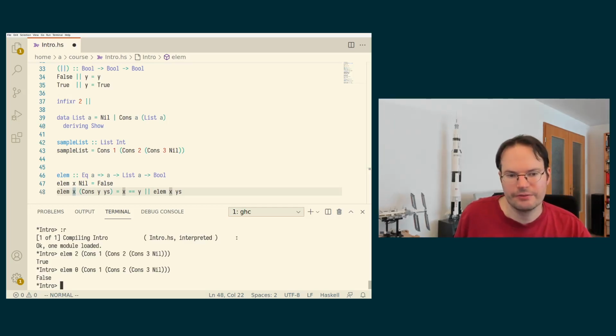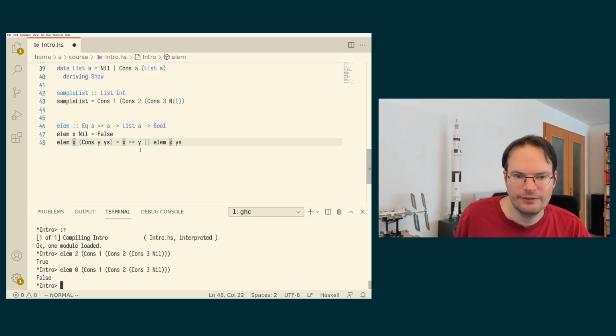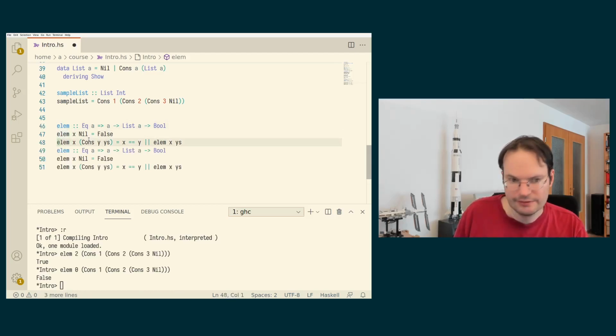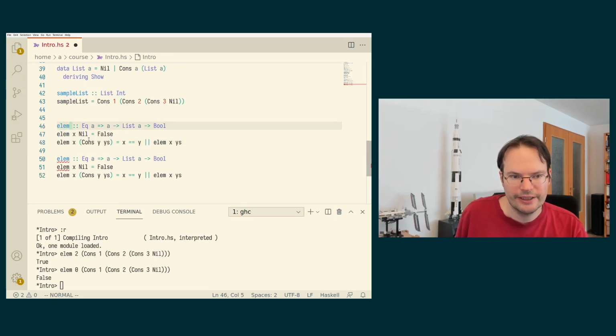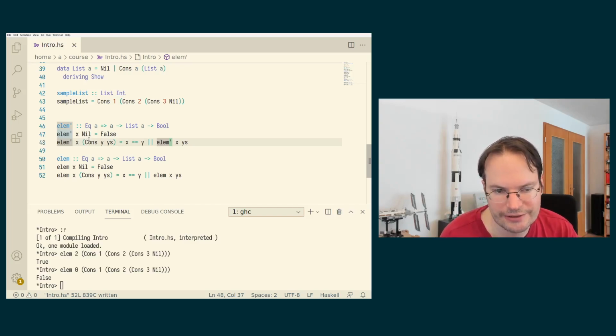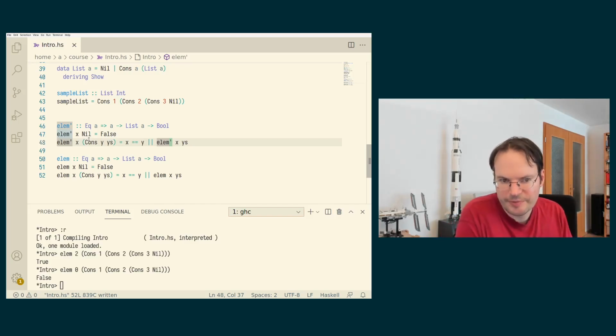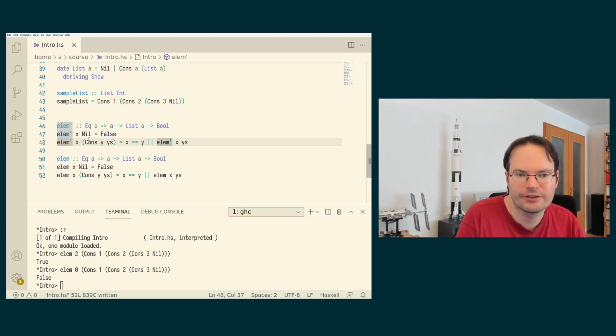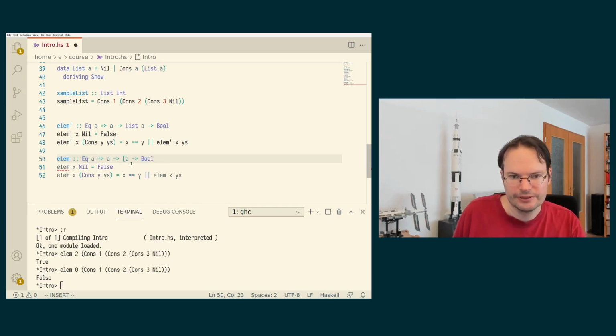Okay. And I could do exactly the same with the built-in list type. So let me actually perhaps keep this one around, make a copy. Rename this function here to lm prime. So the prime character is just a valid identifier, a part of an identifier. It has no special meaning, but lm prime is just a different function now than lm. And now I can change this here to the built-in list type,